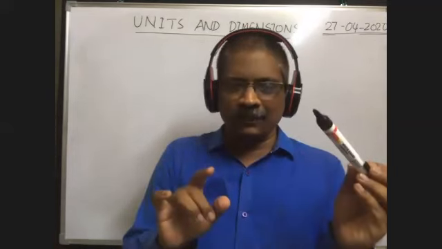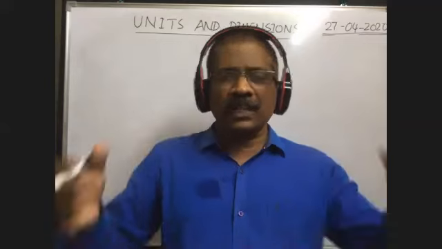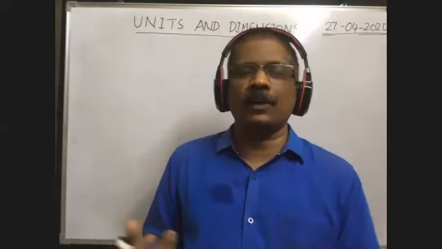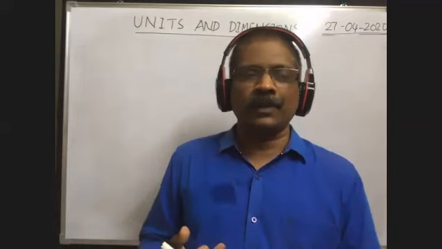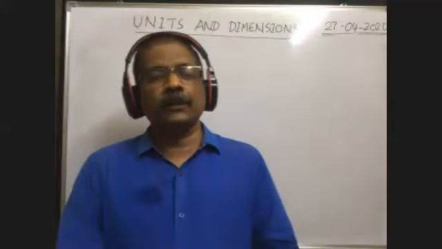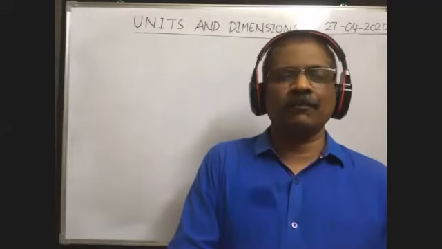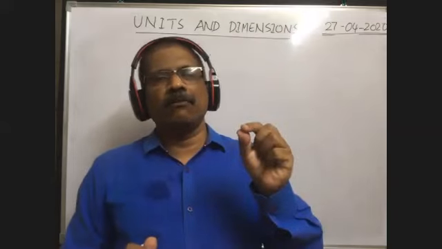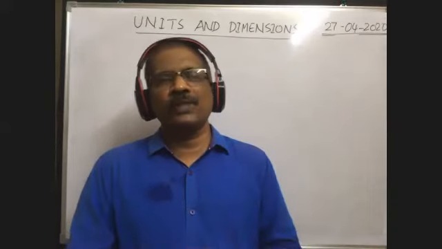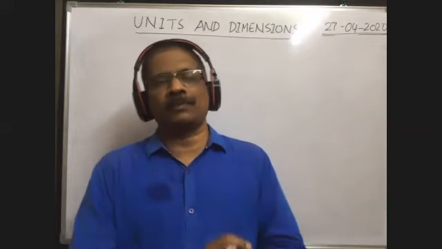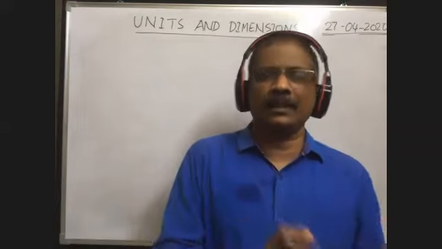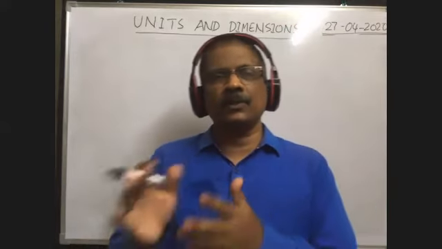It occurs in nature. Similarly, the mass of a body can be measured. Weight of our body we can measure. That's why weight is a physical quantity. Length, mass, time, these all are different measurable properties in nature. All these measurable properties in nature are called physical quantities. Based on the dependence of one physical quantity on the other, physical quantities are classified into two types.